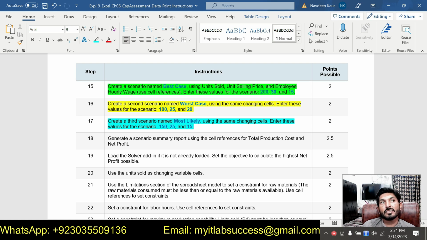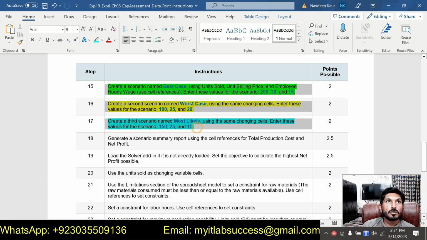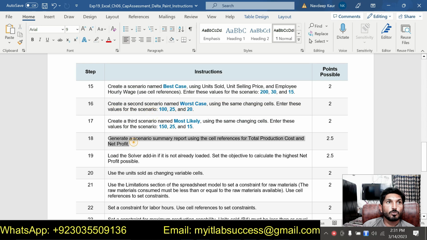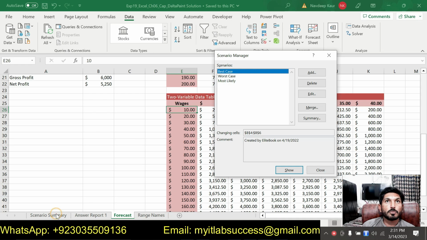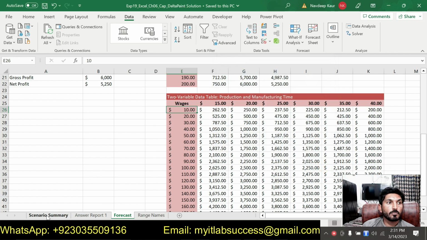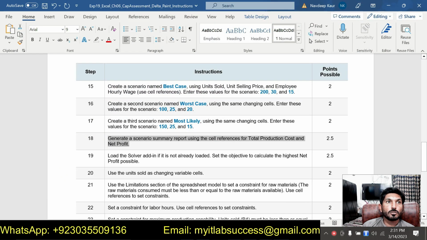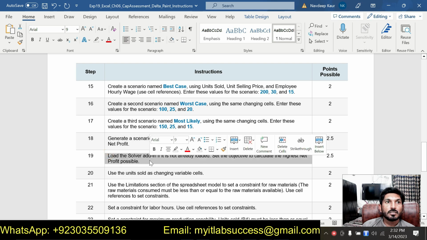After that we will generate a scenario summary report using the cell reference for the total production cost. So this one, let me show you the scenario summary report. This is our scenario summary report based on P6. And after that, load the solver add-in, if it is not already loaded, set the objective to calculate the highest net profit. So step number 19, this one,